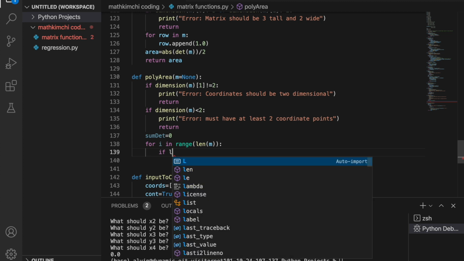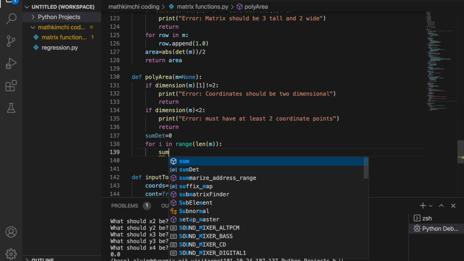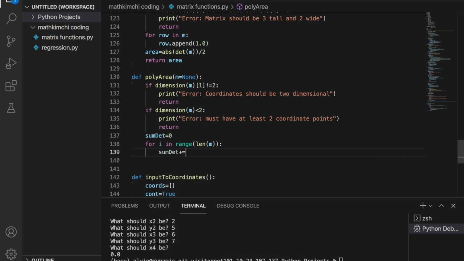Wait, oh, what am I doing? All we have to do is do sum that plus equals